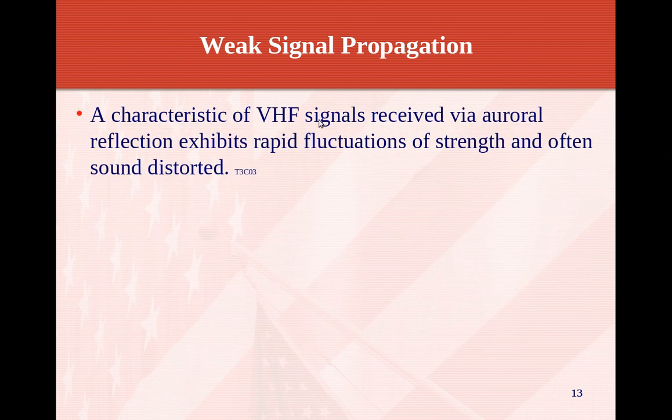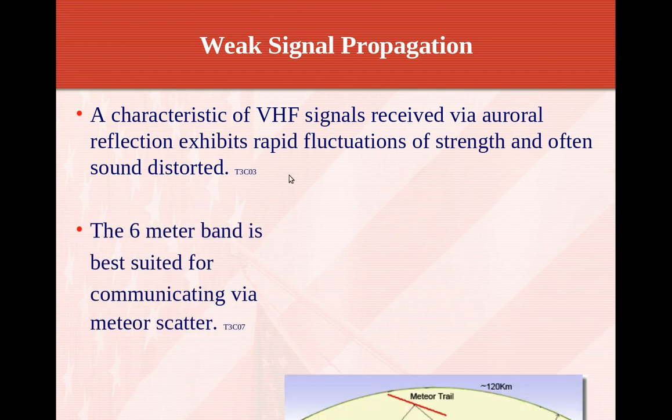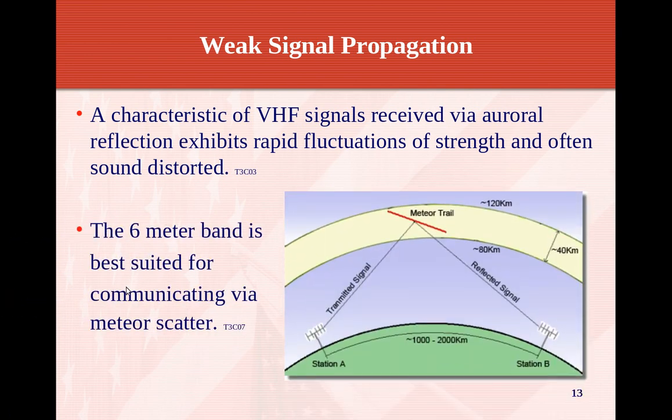The characteristics of VHF signals received via aurora reflection exhibit rapid fluctuations of strength and often sound distorted. The 6-meter band is best suited for communicating via meteor scatter. Alright, so auroral VHF, it sounds kind of like a ghostly transmission. It's in and out. It's very strange. And you really hear a difference when you start getting really north, especially around Alaska, around Maine. I haven't heard it too much around here in Massachusetts. Meteor scatter. So we have meteorite